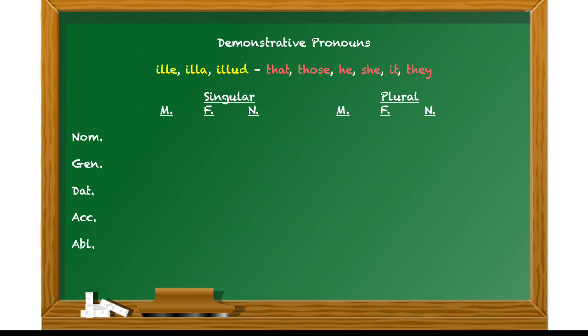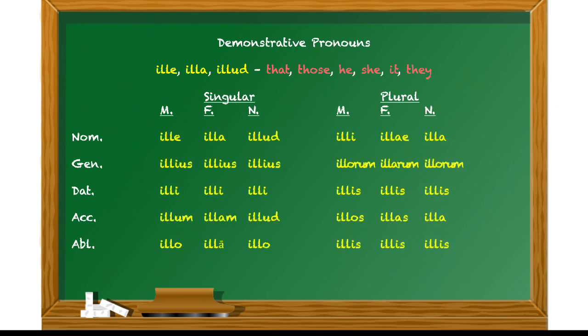The next of the Latin demonstratives would be ille, illa, illud, and this is the one that means that or those, and also he, she, it, or they. Again, we've got our chart of pronouns: ille, illa, illud, illius, illius, illius, illi, illi, illi, illum, illam, illud, illo, illa, illo. And again, I like to see that macron or long mark over the ablative singular a to distinguish it from the nominative singular. Then over in the plural side, we have illi, illae, illa, illorum, illarum, illorum, illis, illis, illis, illos, illas, illa,